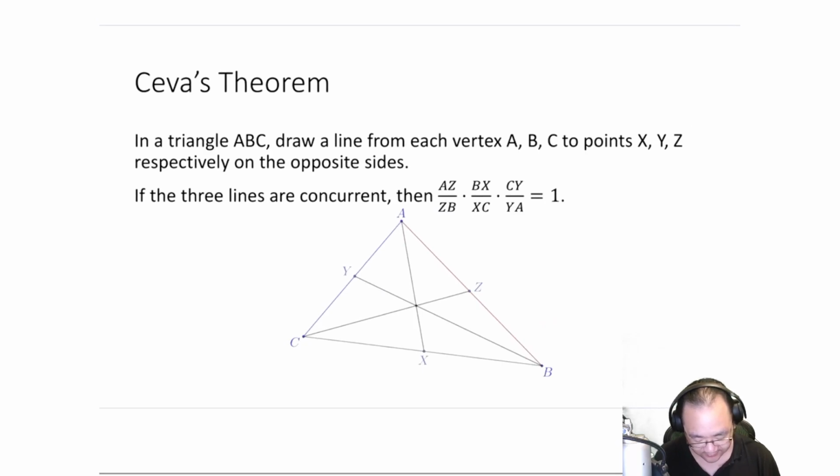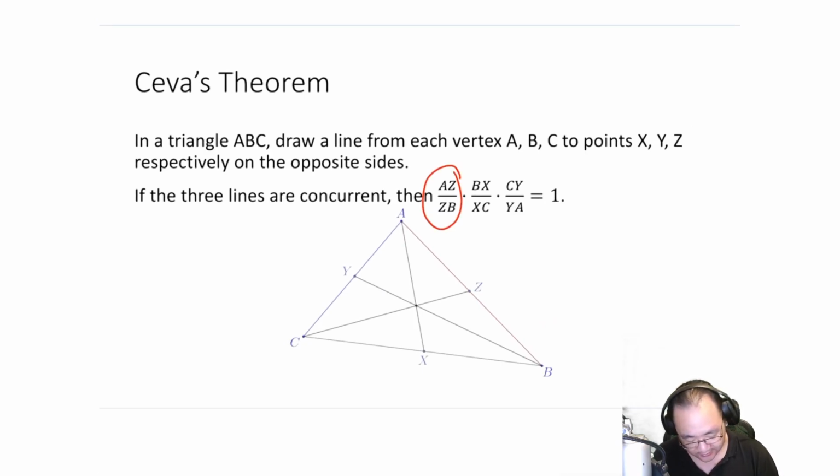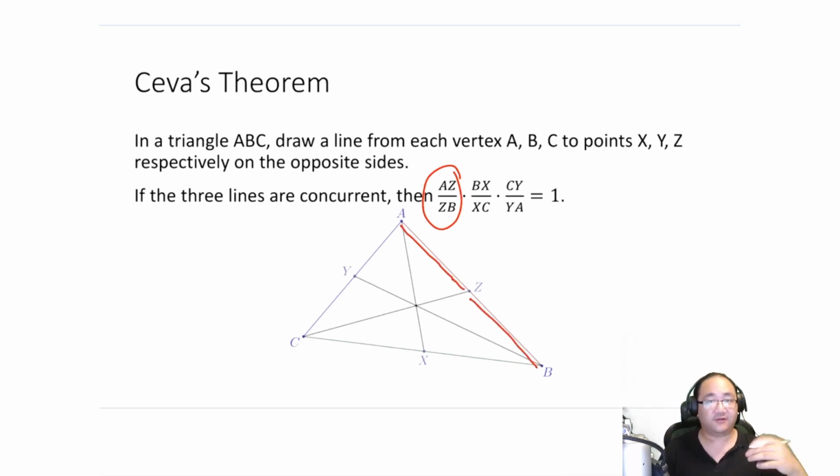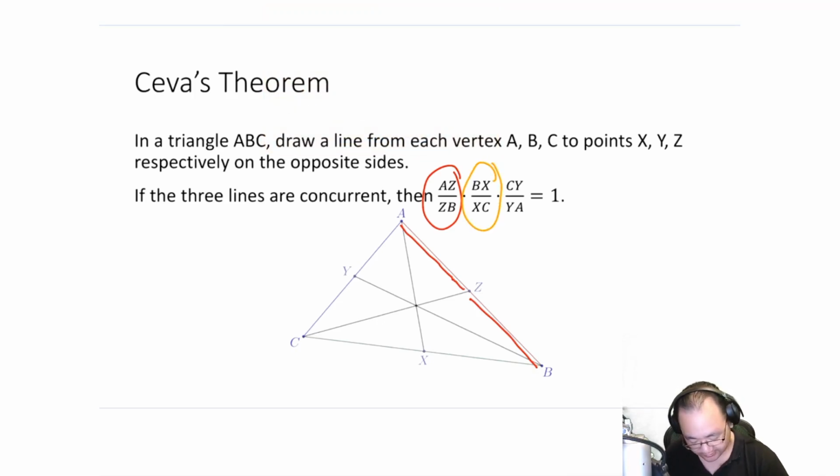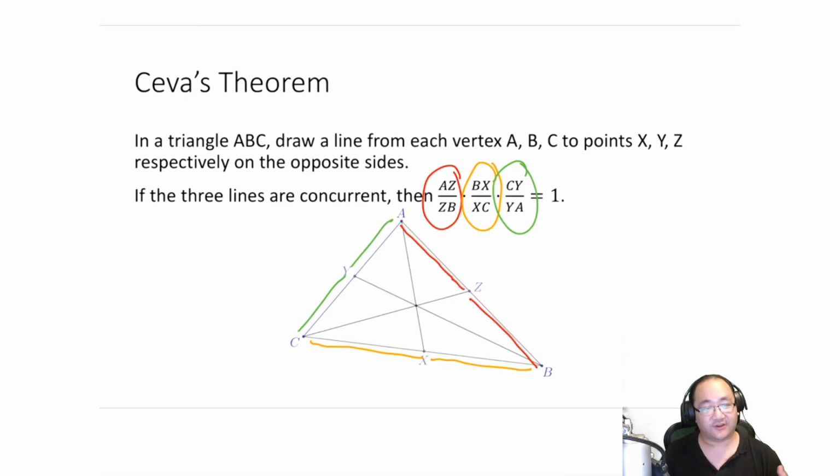So if you look at AZ to ZB, you will see that it's from A to Z, and then Z to B. Where Z cuts AB, you've got the ratio of the two lengths. Similarly for BX and XC, you've got BX, and then XC, and for the last one, you've got CY and YA. Effectively it's saying that if we multiply all these ratios together, they end up equal to one. So the proof of this is,